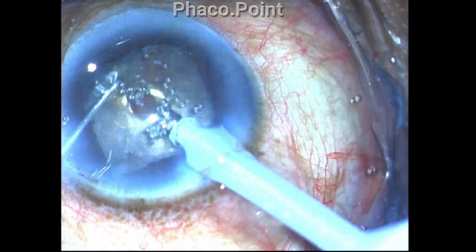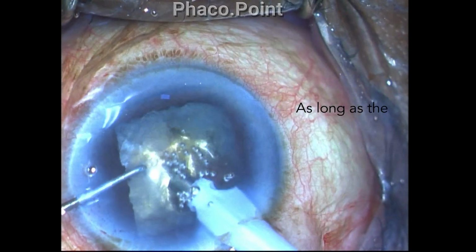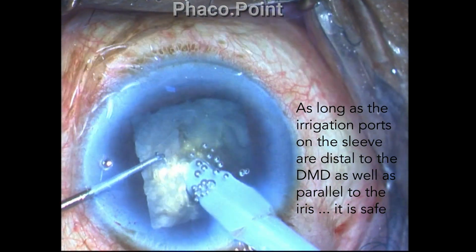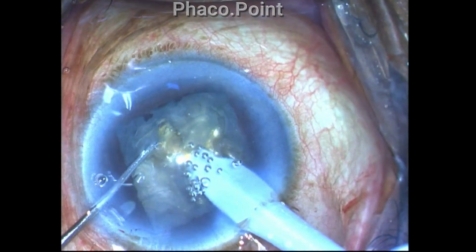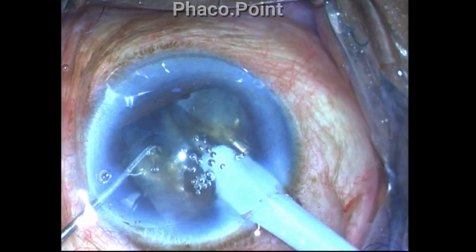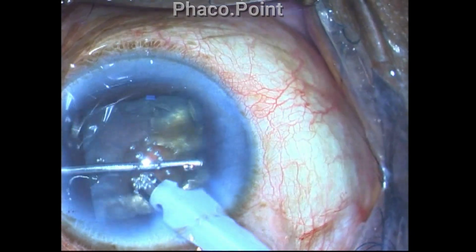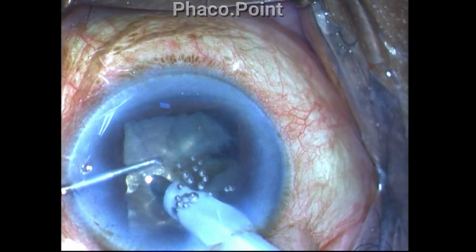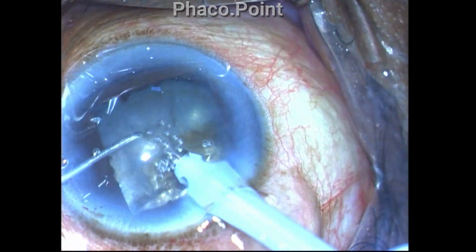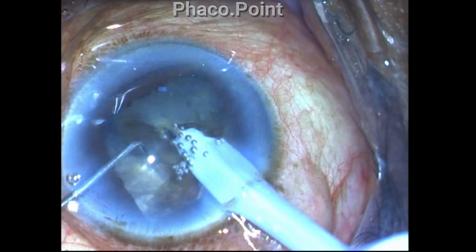So I go ahead and I try to create the direct chop. I do not go to the sufficient depth in order to create a satisfactory chop. But experience kicks in, and sooner or later I am able to create the crack. The reason why the nucleus is rotating is because I am not holding the nucleus to the correct depth. You can see that